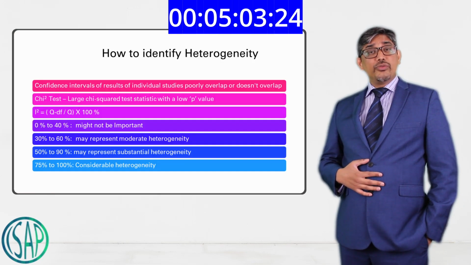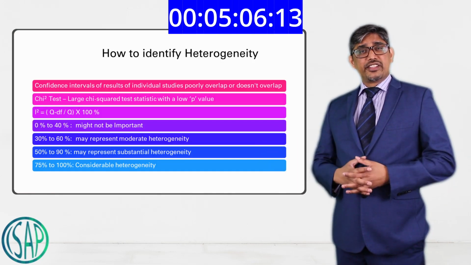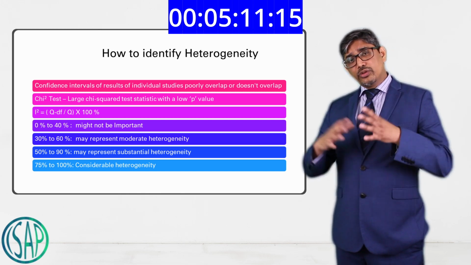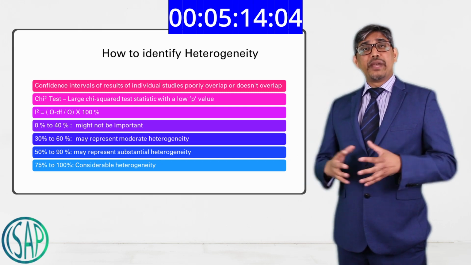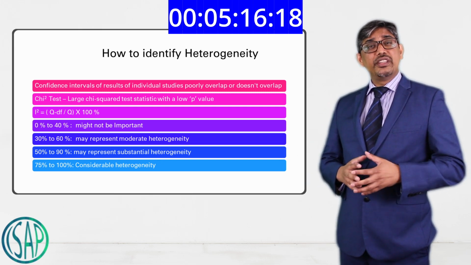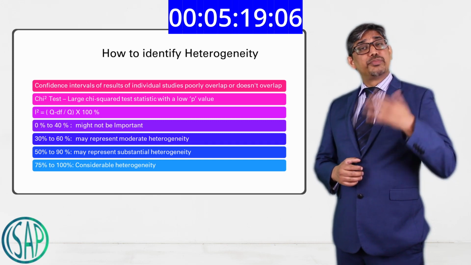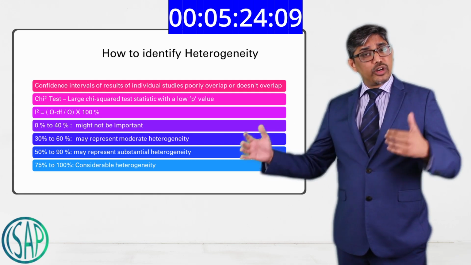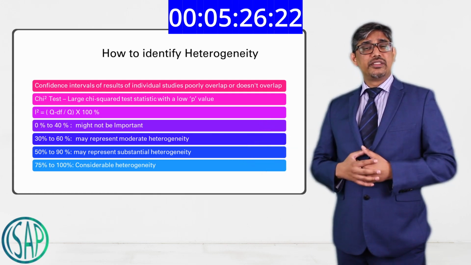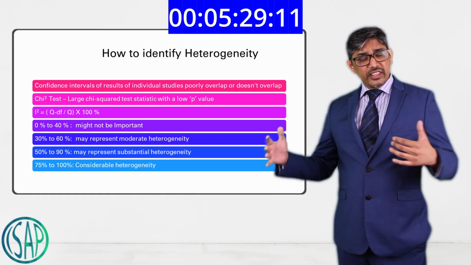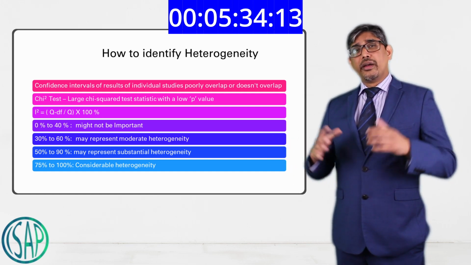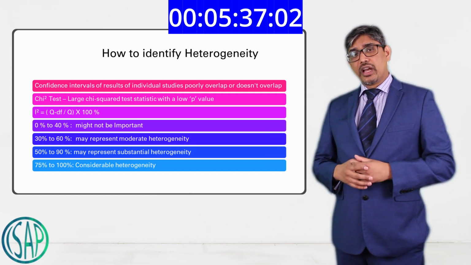What exactly is Q and how is it related? So Q is nothing but a statistical analysis using the chi-square test. As I said, the chi-square test is a screening test. So when you do a chi-square test, the Q is a manifestation of the difference between the observed values and expected values. If there's a big difference between expected and observed values, then the bigger the Q. That means there is a lack of precision. The bigger the Q, the bigger the I square. So the Q is nothing but the difference between the expected outcomes and observed outcomes.